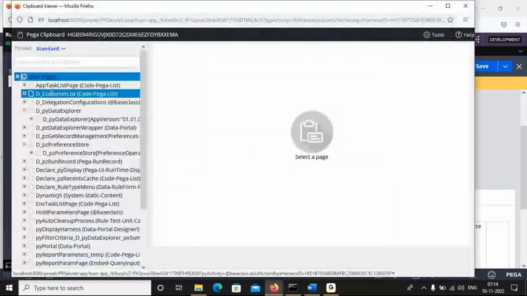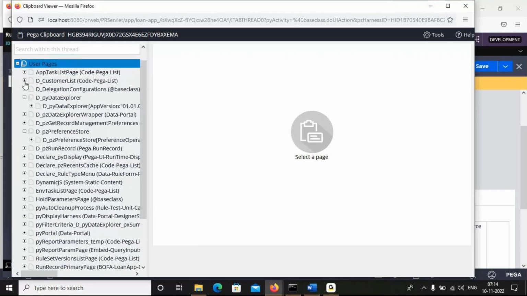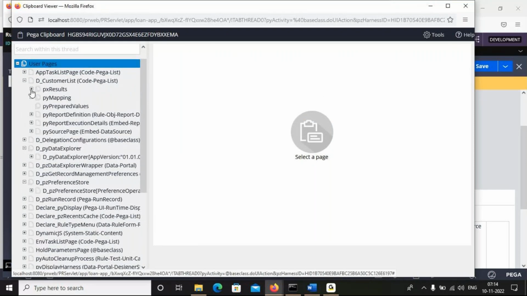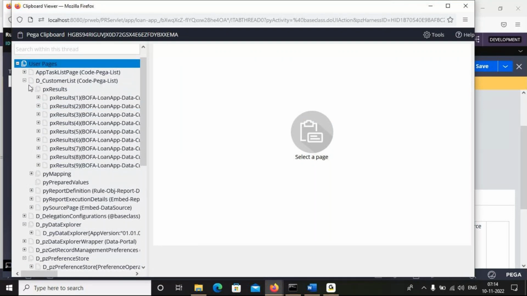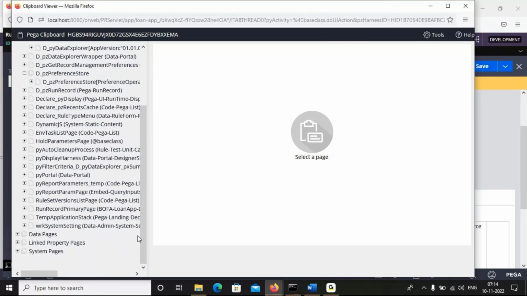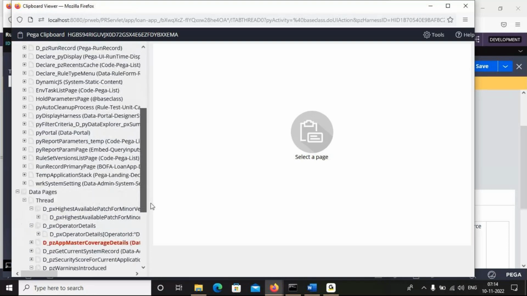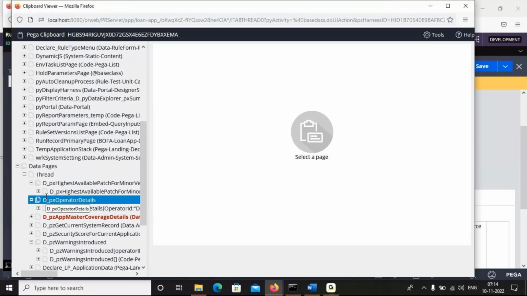See that, all pages will be showing in alphabetic order. D underscore customer list, because we gave the editable mode. The data will be there. Previously we executed, right? That will still be there until coming to the next thread. If you want to delete, you can. It will be deleted.